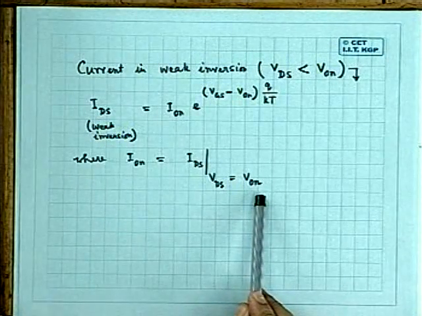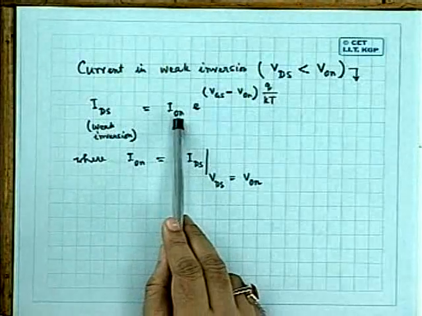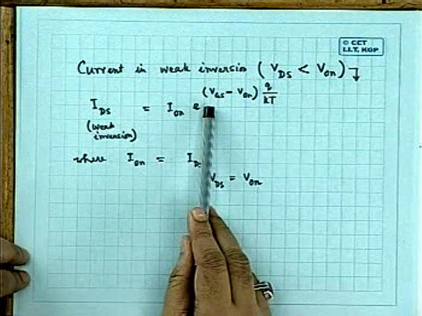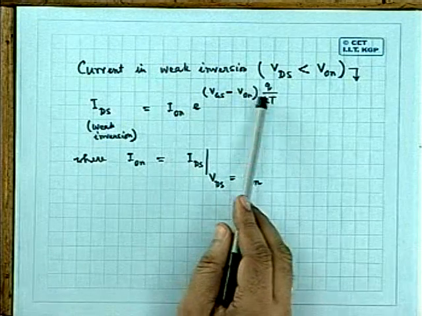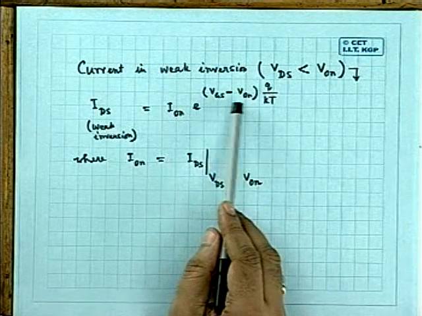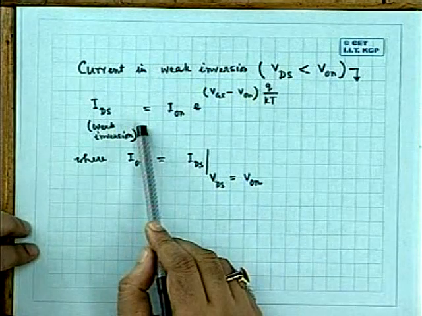VON is obtained from here. So put that VON, get the current, multiply it by the exponential of q by kT into (VGS minus VON),